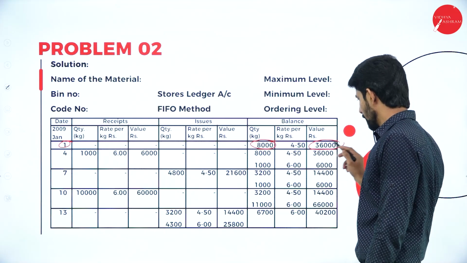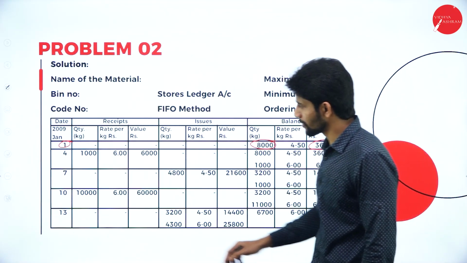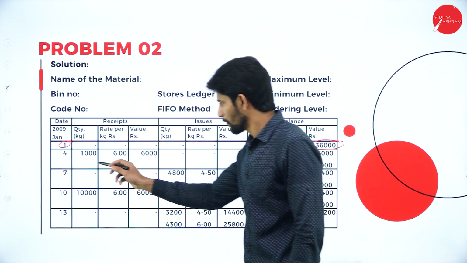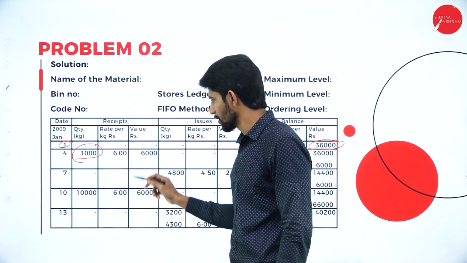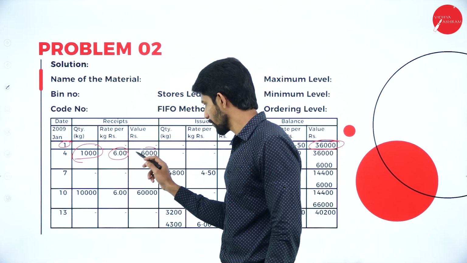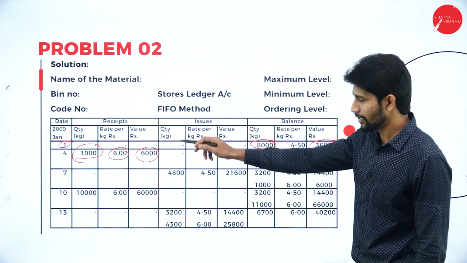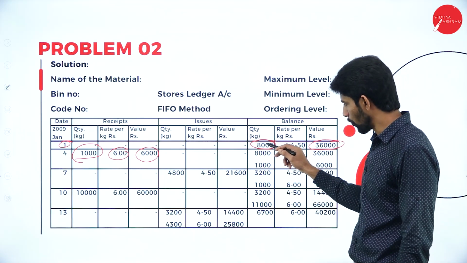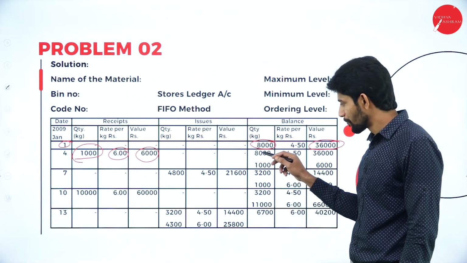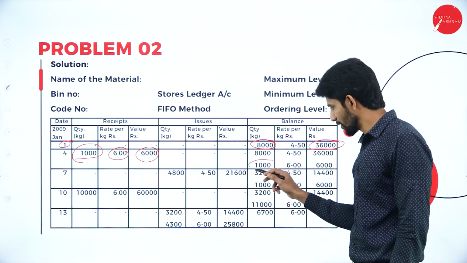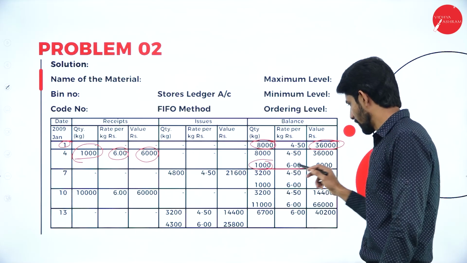Total value comes to 36,000. Next, on Jan 4th, we purchased 1,000 units at rupees 6 per unit. Total value comes to 6,000. So now you show the balance here on Jan 4th. First, to show the old balance, that is 8,000 units. So 8,000 units, then write the newly purchased one, that is 1,000 units, and close the entry for the date